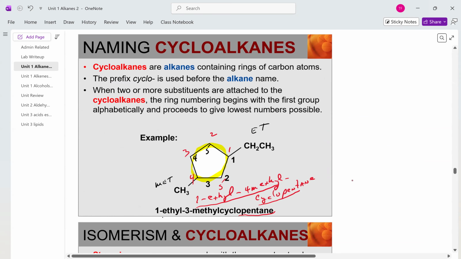Well, you look at the branches. This is an ethyl branch, a methyl branch. And you know the ethyl alphabetically is lower than the methyl, E versus M. That's a good place to start, carbon number 1, the first branch in your naming. It really sort of doesn't matter. For example, if we started numbering over here,